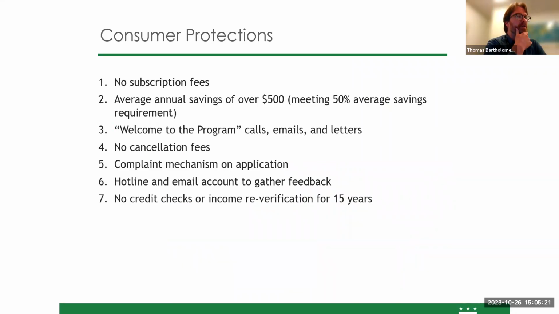So these are just some of the consumer protections that we've included in the program. I did want to slightly change what Olivia had said about the savings. You can actually get more than a 50% savings. The 50% is the average that we are required by law to meet. But if you have particularly low electricity usage, you actually can get more than a 50% savings. You typically will cap that at just 100% of usage if people have particularly low usage. And we target a benefit minimum of $500, and it can be slightly higher than that.